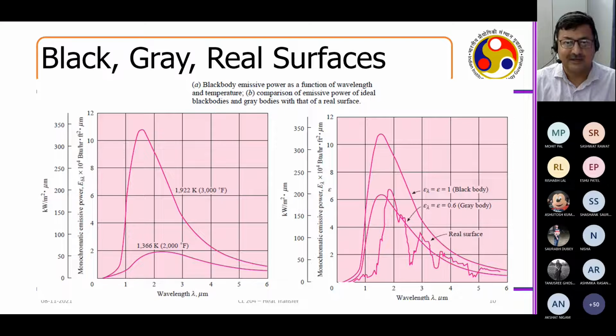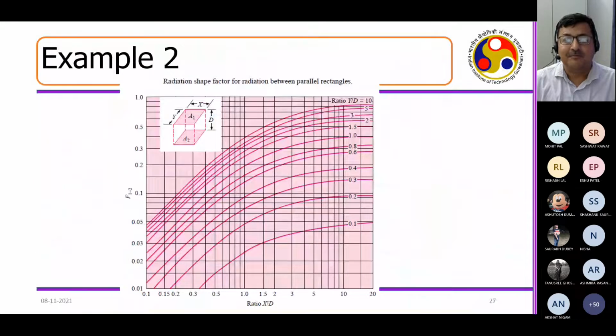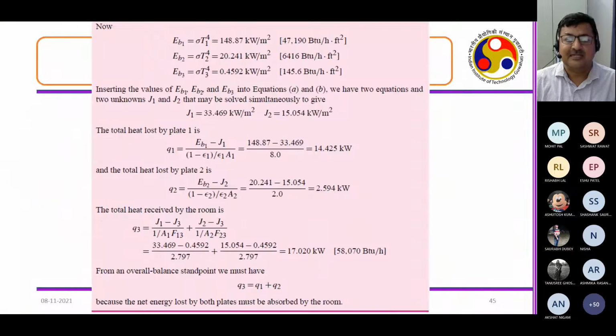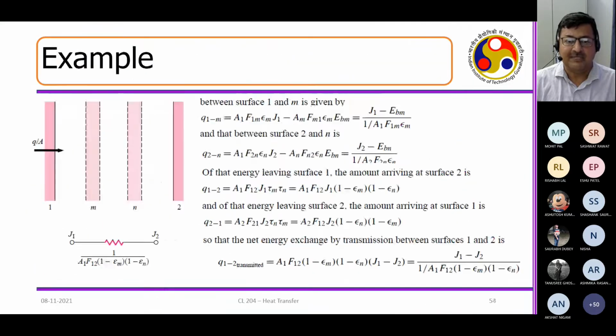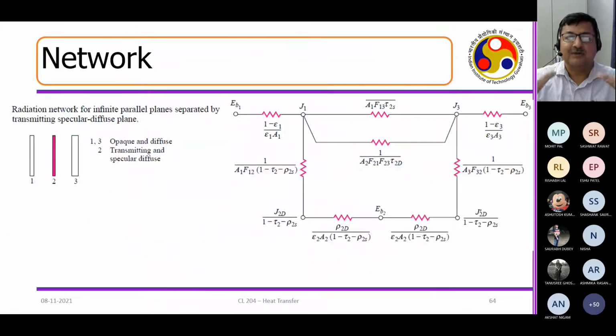Now, because of these activities, which is the absorbance and emission, okay, then the specular reflection and diffuse reflection and specular transmission and diffuse transmission, because of these 6 parameters, you have to develop realistic circuits associated with the surfaces that you are working with. So let me just go to the last one. So you have to create a kind of realistic surface, realistic circuits that are associated with the surfaces.